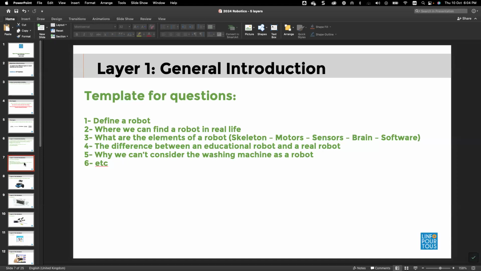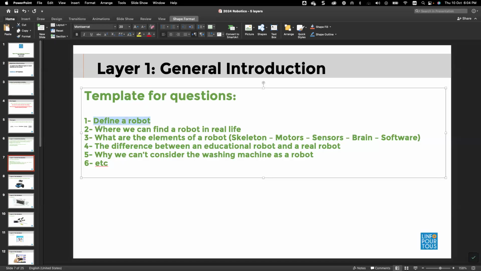And some of the questions that you might ask your students are to define a robot, where we can find a robot in real life, what the elements of a robot are, which are the skeleton, motor, sensor, brain, and software, and the difference between an educational robot and a real robot, which is